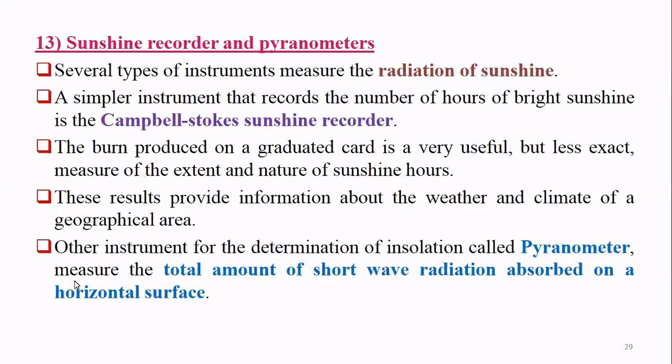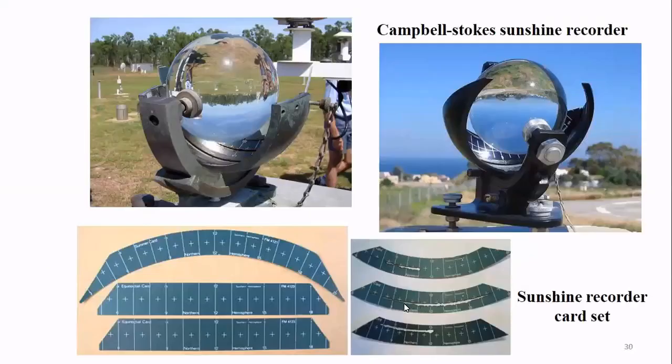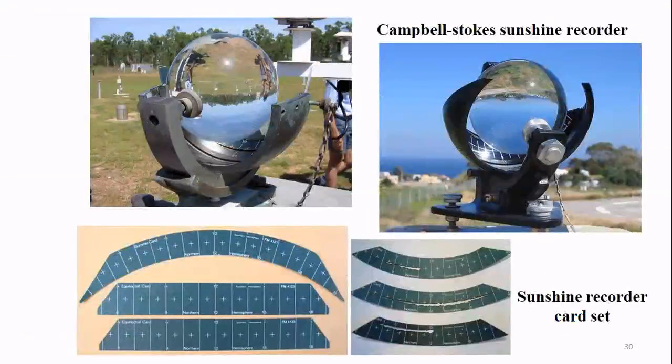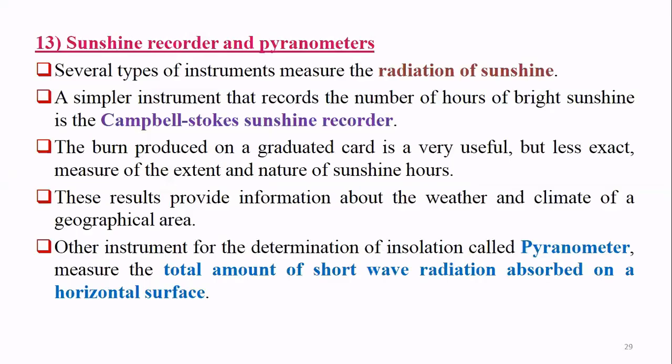Here you can see in this picture for your clear explanation. From the midpoint there is high burning, a high area was burnt, but at the starting and ending there is less area. So the high sunlight was obtained in the mid portion. These are also the same, but the modified one, the modified sunshine recorder, is called a chronometer.